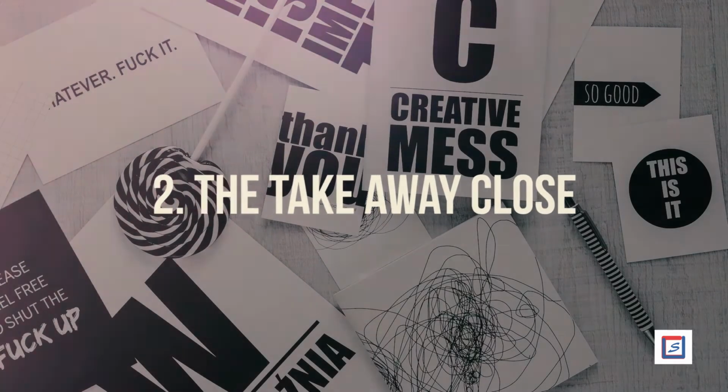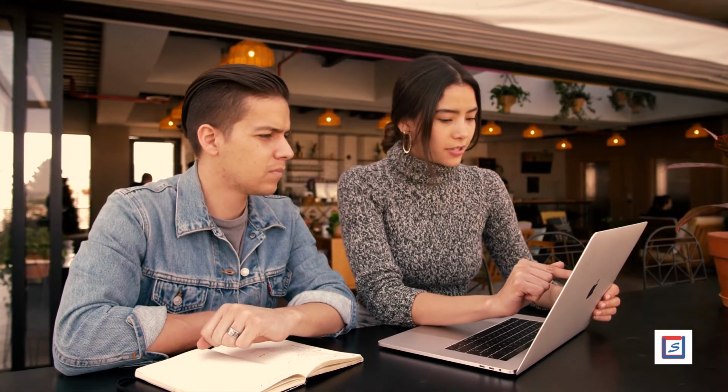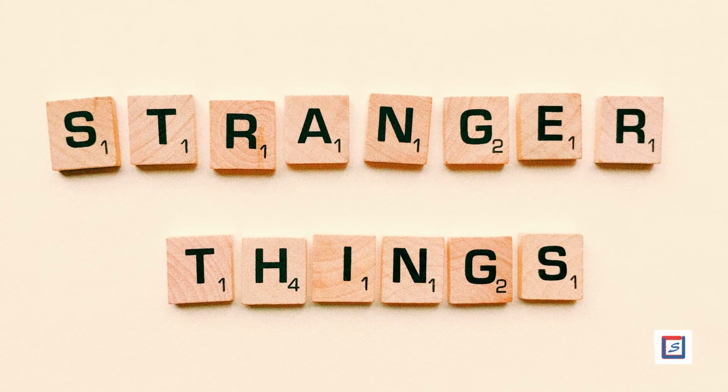Number 2. The Takeaway Close. You should opt for the takeaway close when the value of your product or service increases with additional features. The basic human psychology is based upon the very fact that we always tend to go for things that are harder to get. You must master the art of the takeaway close technique and use it in accordance to varying